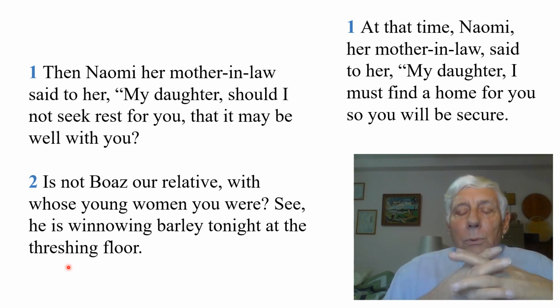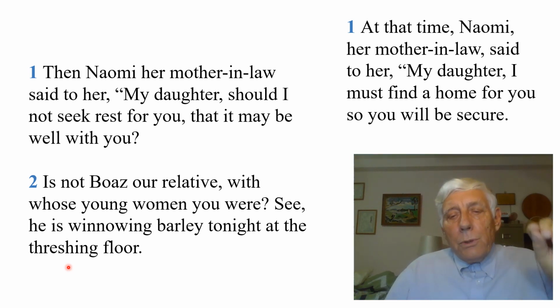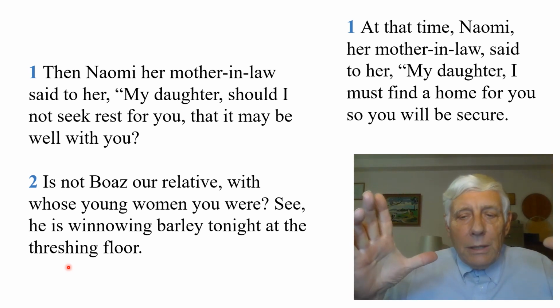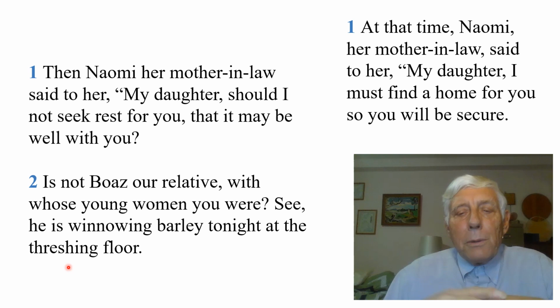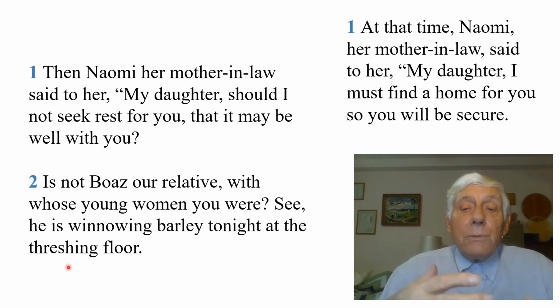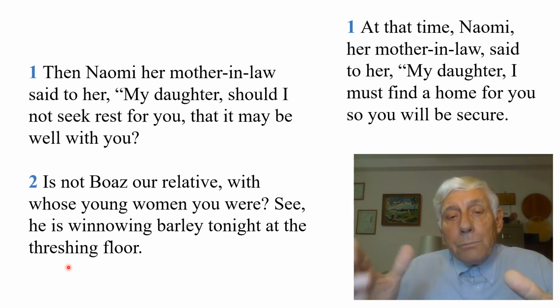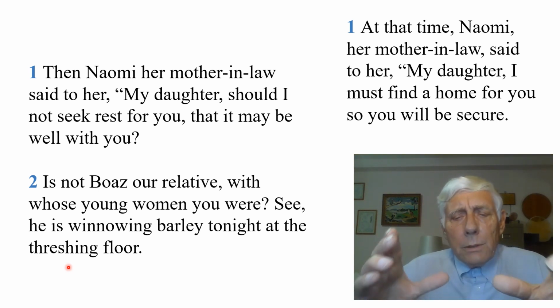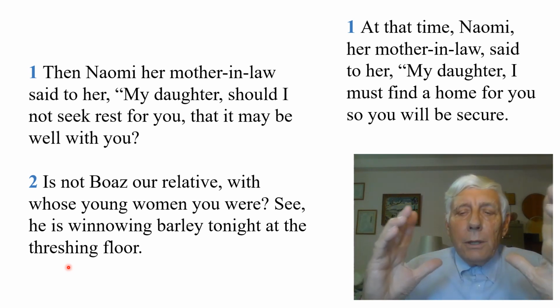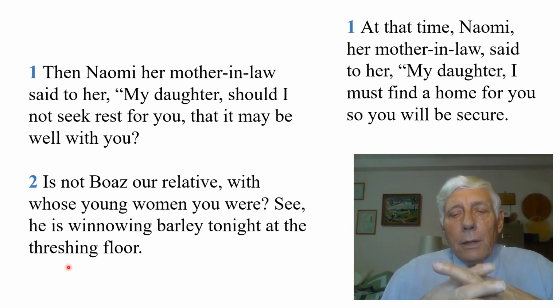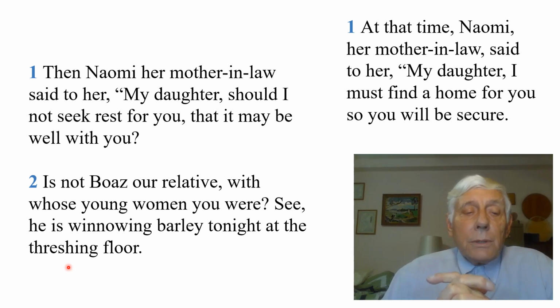Very symbolic. In other words, a goren, a threshing floor, is where you meet up with God, and it has to be decided one way or the other. Boom, something has to happen. It's a decision-making place. And in that sense, it's interesting to see why a temple would be built in that place, where then the ark would be placed and so forth. It's where we meet God and where God separates the grain from the chaff. In other words, decision time. And so threshing floors are very symbolic in that regard.